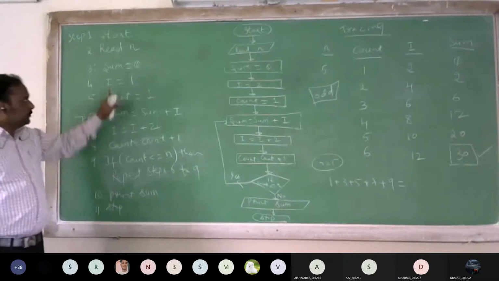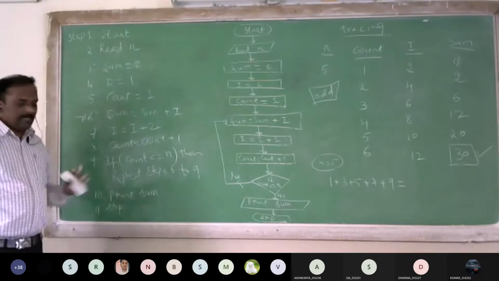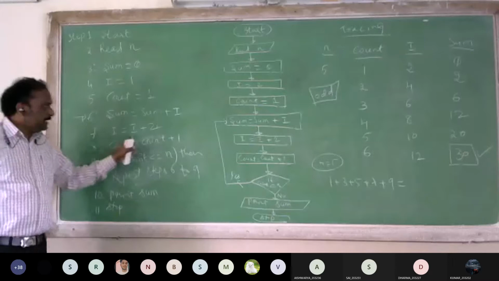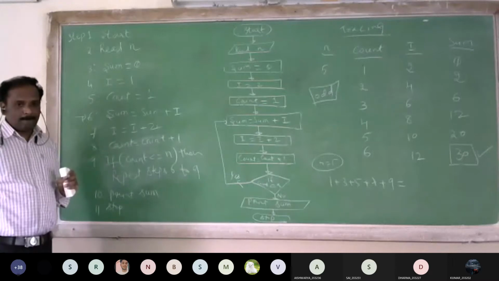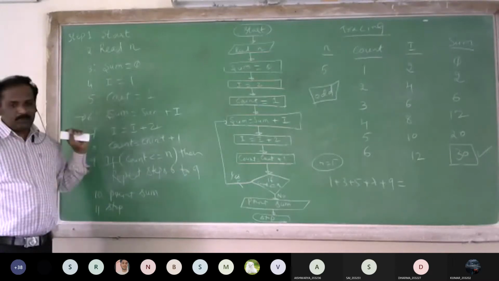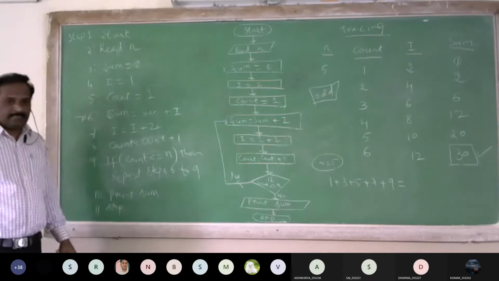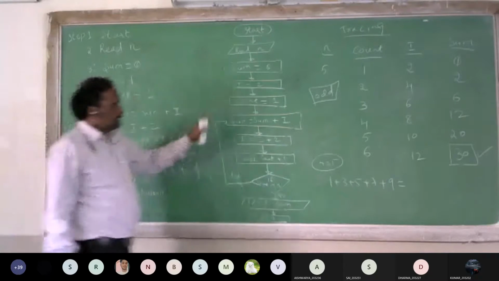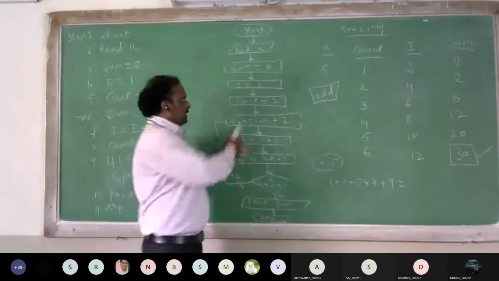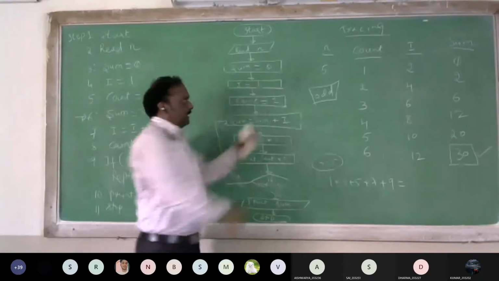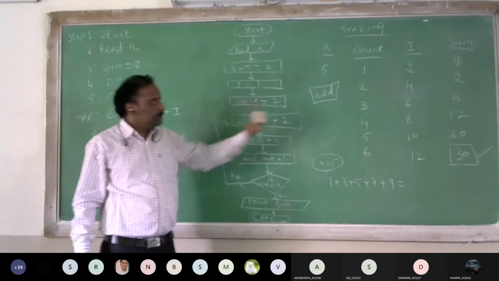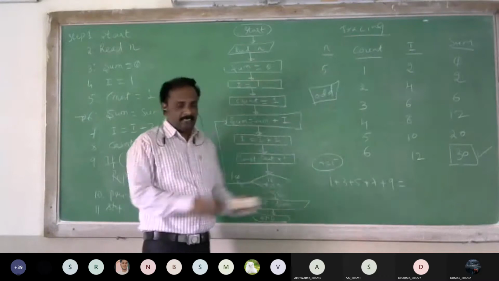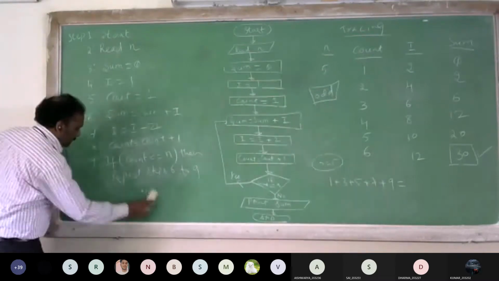No changes are required. Only if you change I is equal to 1, we will get the sum of odd numbers. Here it should be I is equal to I plus 2 only. Only you need to change I is equal to 1. Remaining thing will be same. We will get the sum of odd numbers. So I want you people to trace this odd number algorithm. I will not trace. You only take n is equal to 5 or n is equal to 7 and trace it. Okay, sir. We will go to the next algorithm.